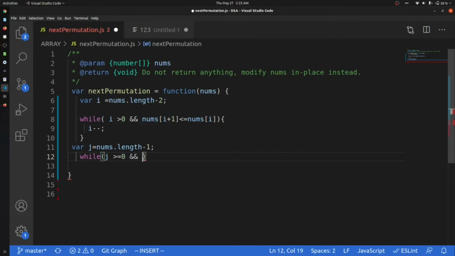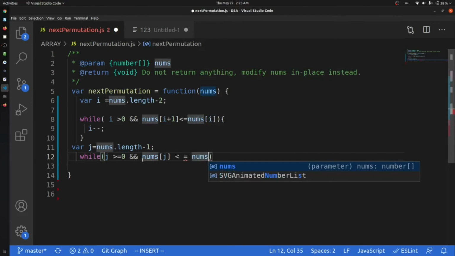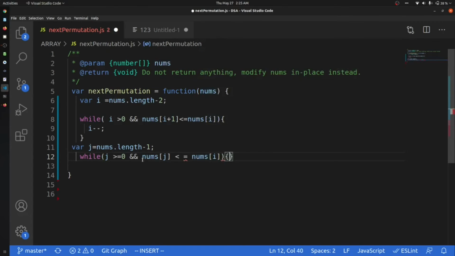And we will check if nums at j is less than or equal to nums at i. So what we are doing is finding the next greater element in the array.